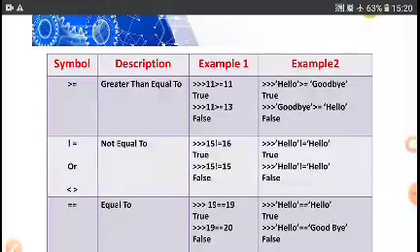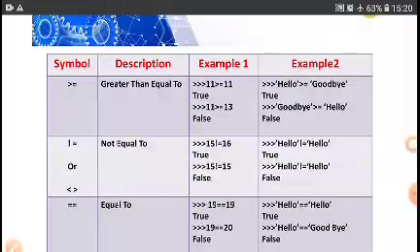In this example, you can see hello not equal to hello, result is true. Hello not equal to hello, result is false. Students, in the first example, in the second row and example number 2, for hello not equal to hello, the second hello must be in all capital letters, HELLO.